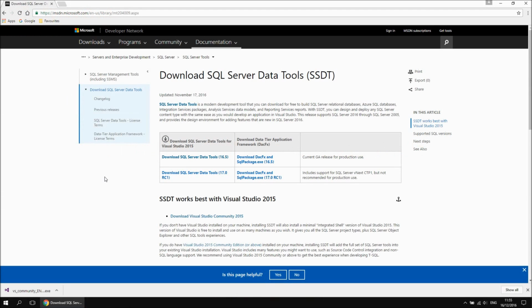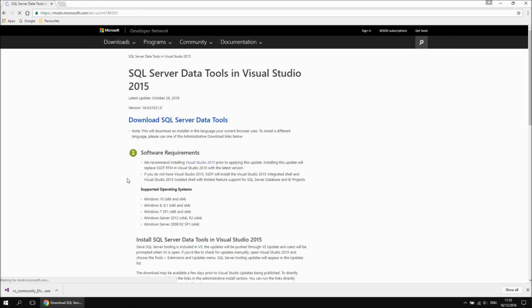Downloading SQL Server Data Tools is pretty straightforward. You can just click on the link that we found earlier on, and once again we ought to end up with a new page giving you the link to actually download the tools, so you can just click Download SQL Server Data Tools. Once again you've got this little recommendation about installing Visual Studio 2015 before doing that, which we now have just done. Let's click Download SQL Server Data Tools however,